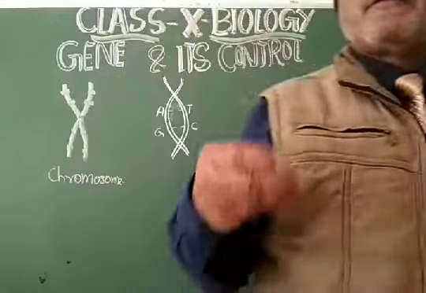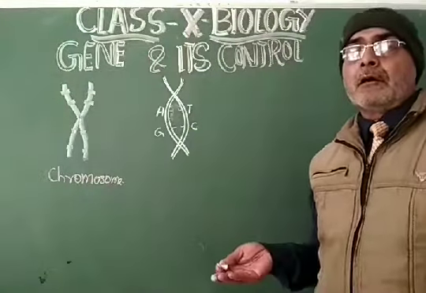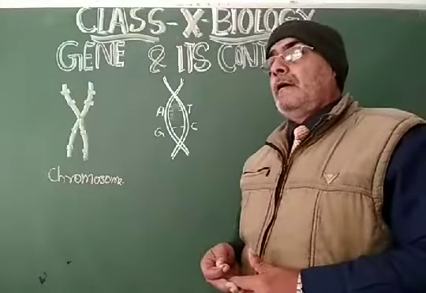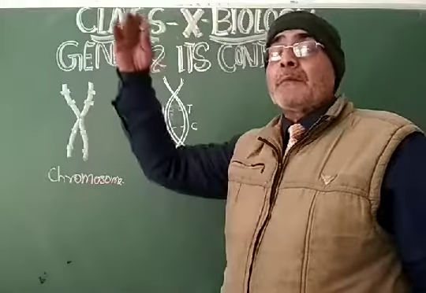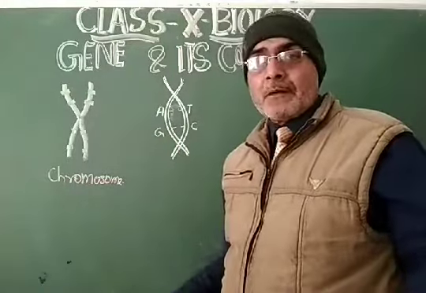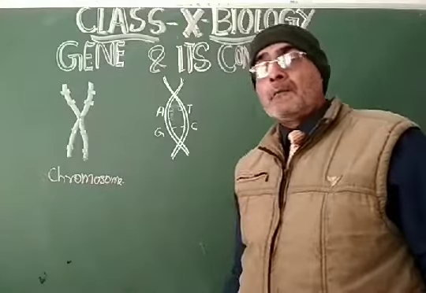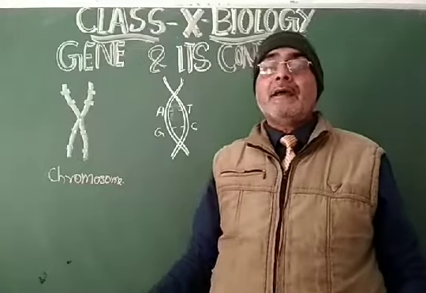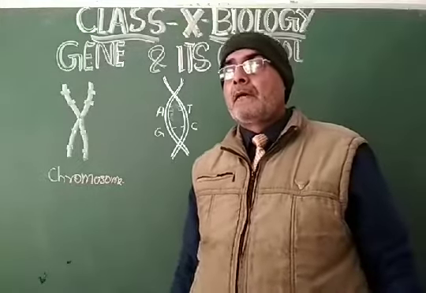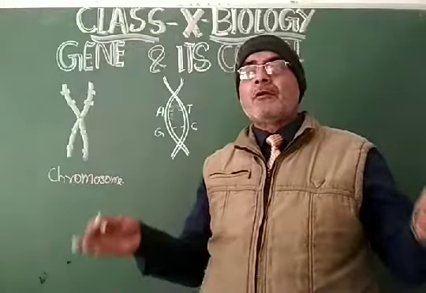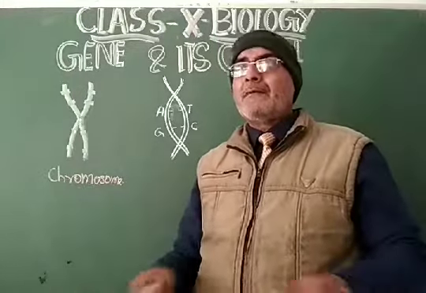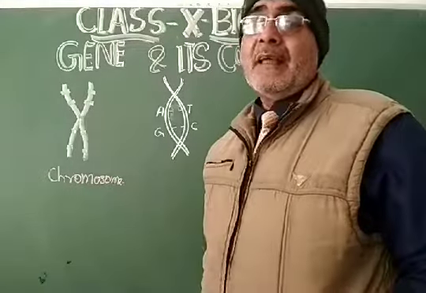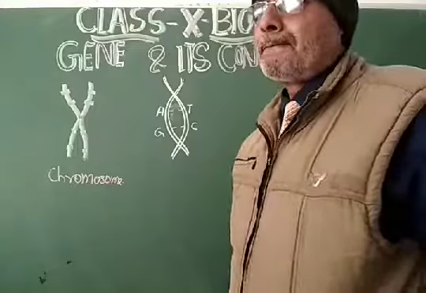Suppose blue eye of a man, black color of a dog, brown hair of a person, tallness of the plant, dwarfness of the plant, complexion, fair color of human, long hairs, short hairs of human. So these are different types of characters that humans have or plants have or any species has. And these different characters are expressed by different types of proteins.